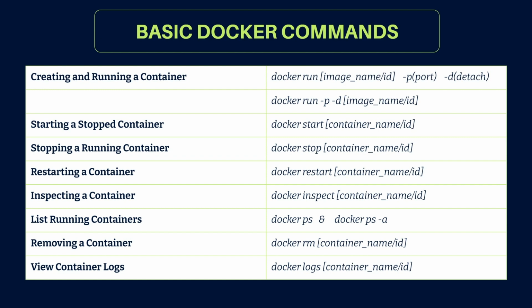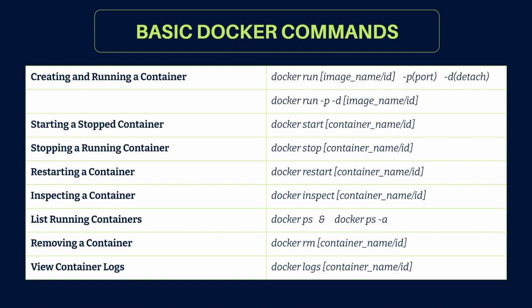The docker run command is used to create or run a container, and we can also use some options with it, like -p for port mapping or binding, or we can use -d for detach mode to run a container in detach mode. And we use docker start command to start a container and stop command to stop a running container. And we use docker restart command for restarting a container. And also there is a command docker inspect that is used for inspecting a container, and to list all the running containers,